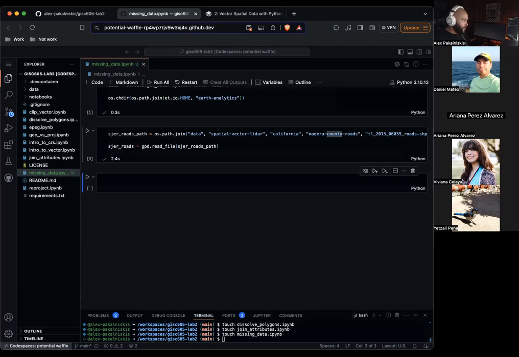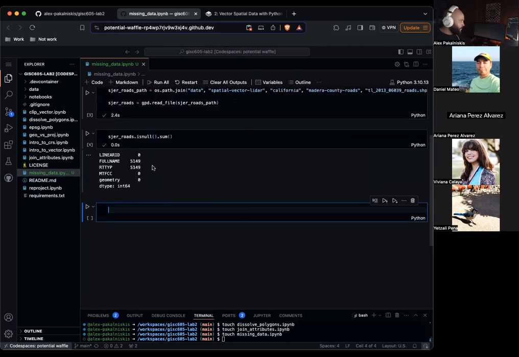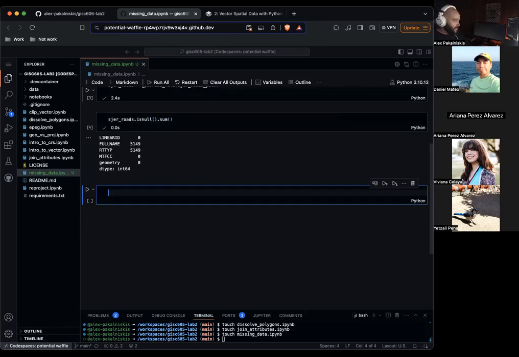Let's explore the data values to see if there's any kind of missing information or things we should know about. SJER_roads.isnull().sum(). Based on this method, there's no NaN or None type objects as values in the GeoDataFrame. Let's double check.